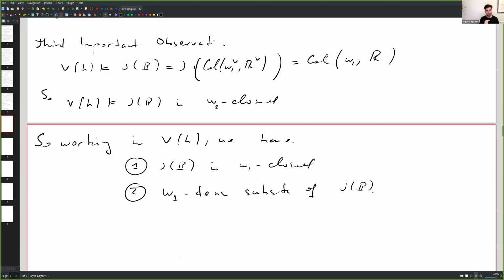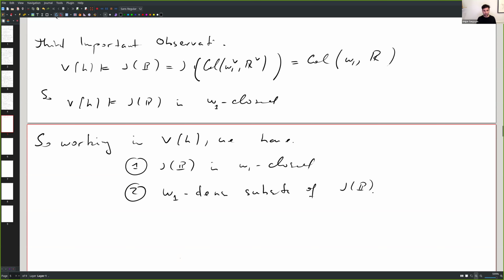Oh, let's see. So I'm not doing anything wrong, right? J_P is omega 1 closed in V^H, not just in the ultrapower, but in V^H, because it's this forcing. In general, you couldn't do this, because I think in our paper we take P to be an arbitrary omega closed poset, and then this wouldn't work. But for this particular P, I actually have that it is omega 1 closed in V^H.